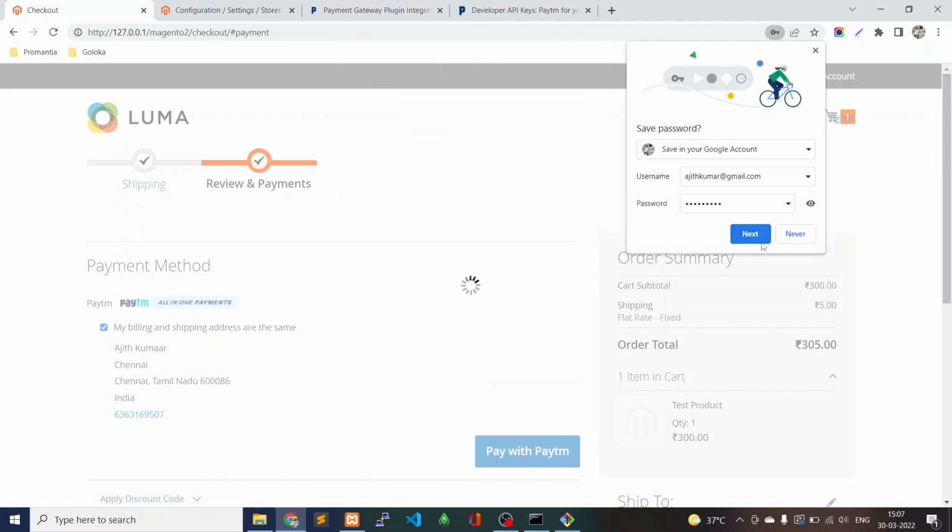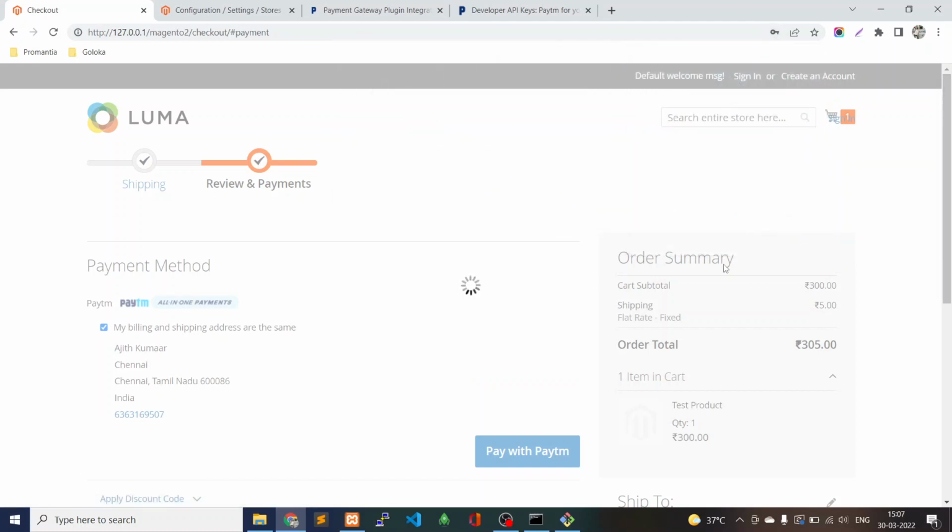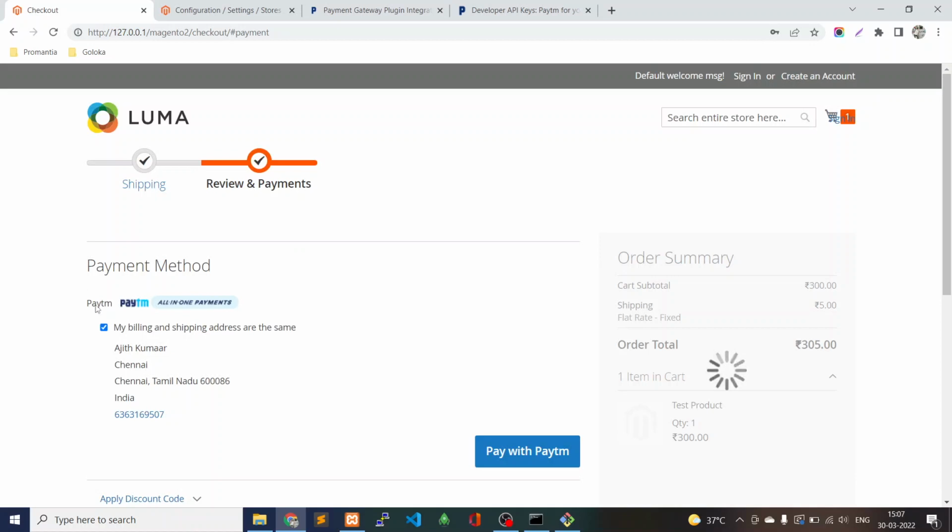Okay, now it's redirecting to the payment section. So in the payment section you can see the Paytm options. Okay, so once I click on pay with Paytm,